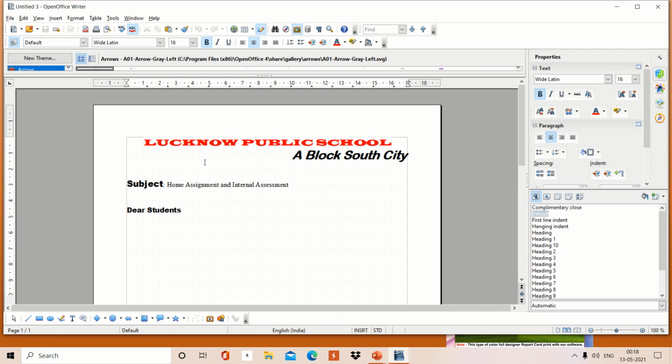Now another task is, suppose every time I need to use this template for this letter, for the base. So what to do? For that, children, you need to make it the default. So now I am going to make it the default. Before that, you see, this is the predefined layout. Formatting will be the same, but we are free to make changes, and it will be in the same formatting that we have.